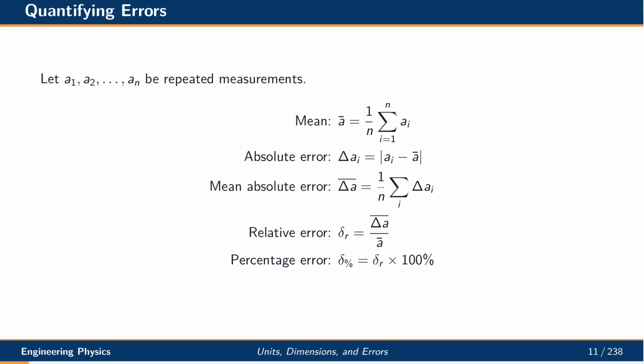When we repeat a measurement many times, we extract statistical information from the data. The mean represents the best estimate of the true value. The absolute error of each reading is its deviation from the mean. The mean absolute error averages these deviations. Relative error normalizes this by the mean, and percentage error expresses it as a percentage. Together, these quantities tell us how trustworthy